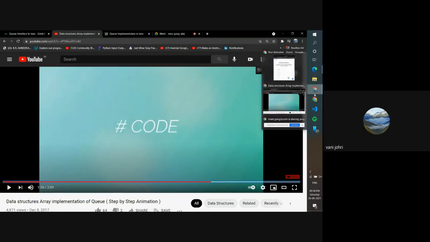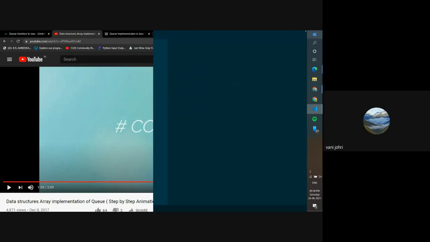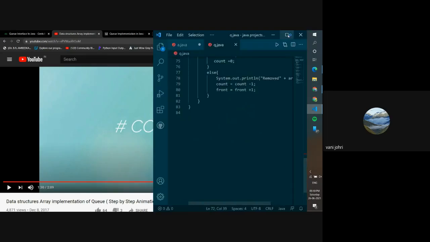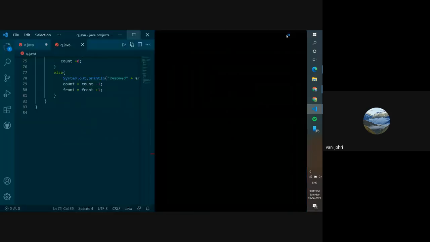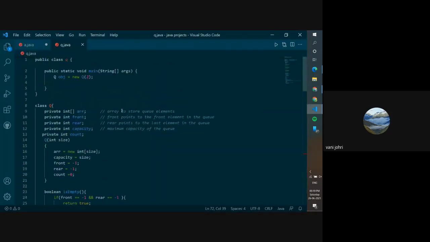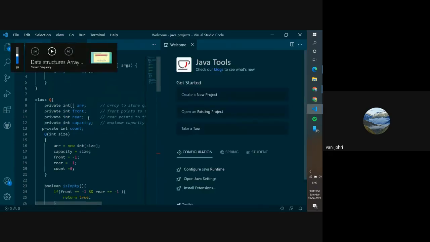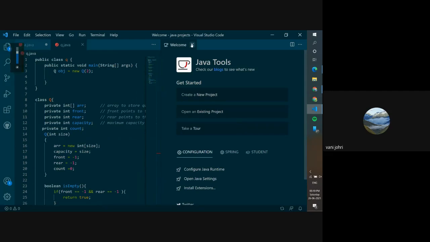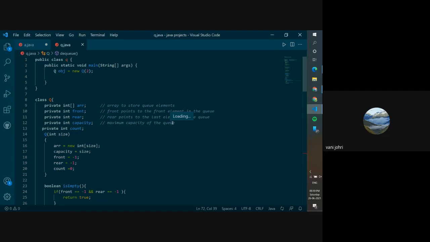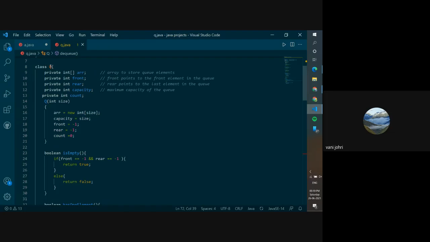Today we are only going to do Q, and for your task you would be coding, whatever code I'm showing you, you would have to recreate it yourself. So pay attention, please. We made this class Q, and this is the one where we are working. This is your class Q. You can call it whatever you want.